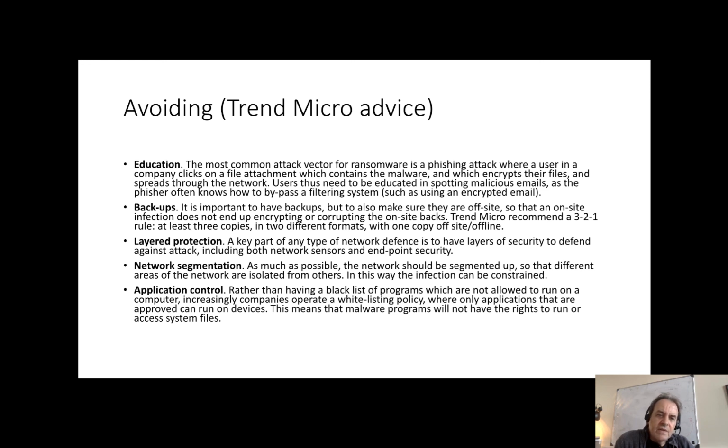And then there's another one around layered protection, to make sure that the network has many different layers of protection. When it's under attack, we can add in new layers. Then to go for network segmentation, to segment the network up into small segments so that they can be isolated and don't affect each other. And then finally to look at application control and to look more for a whitelisting policy, where you actually define what's allowed rather than a blacklisting one.